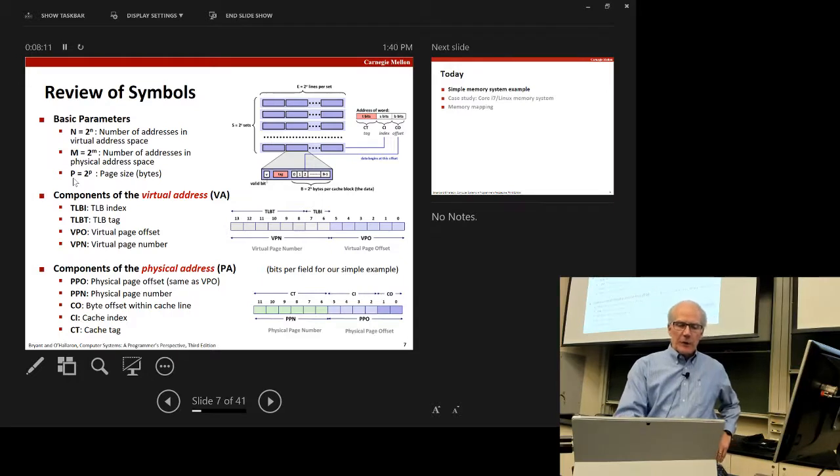And for virtual addressing, there's a virtual page offset, which is the lower order bits, and the virtual page number, which is the higher order bits. And similarly, since remember that a TLB is a cache of